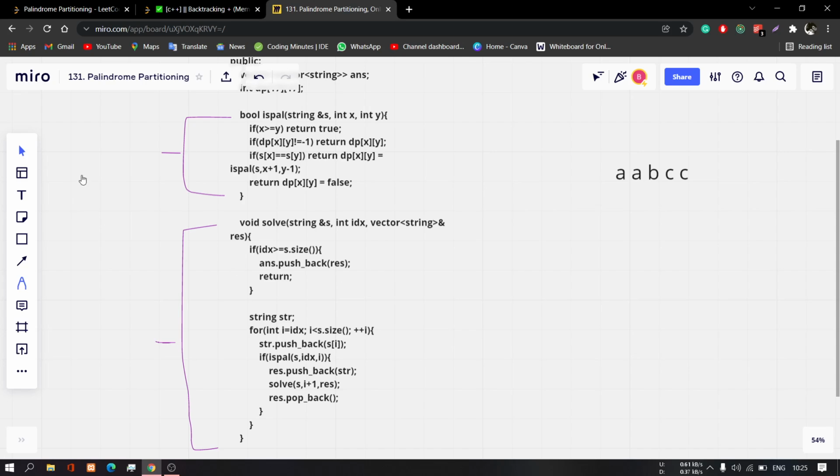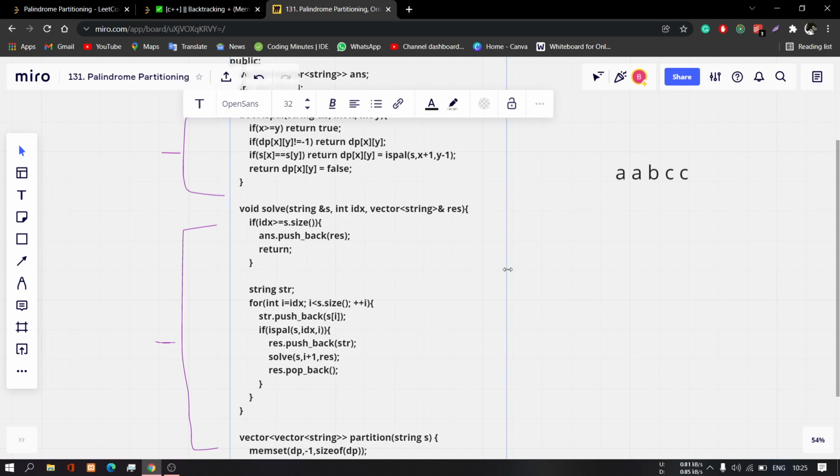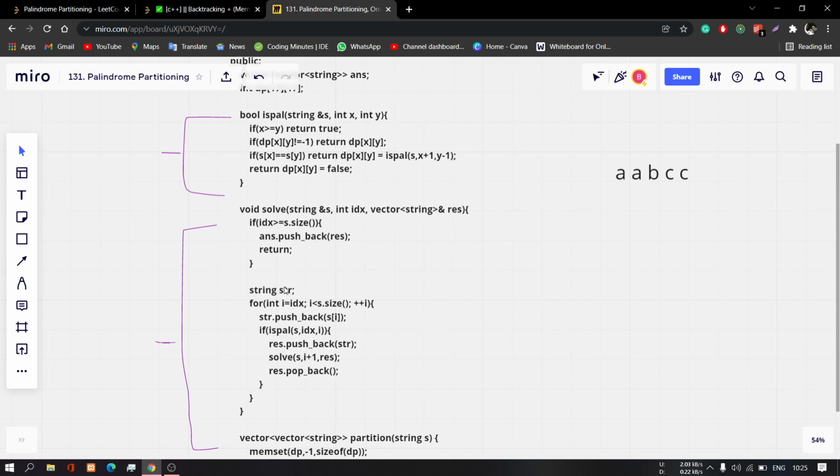What I have done is I simply call a recursive function called solve, and in this you can see that I have taken a string to put all the current elements, and I iterate over all the elements. In every recursion we have to iterate through all the elements from the idx part.